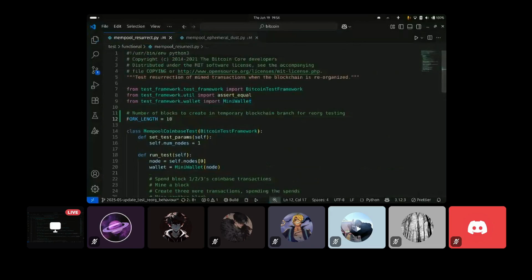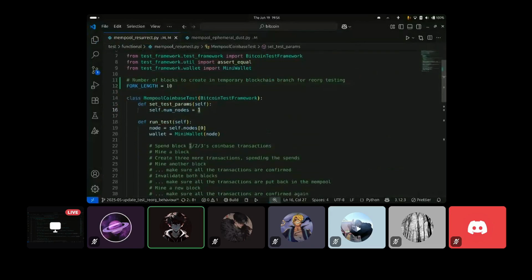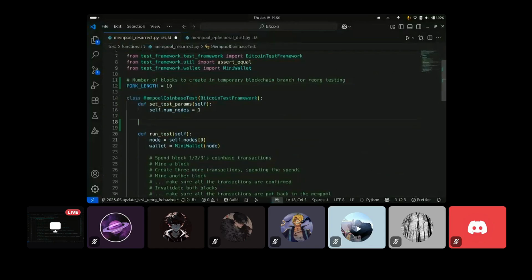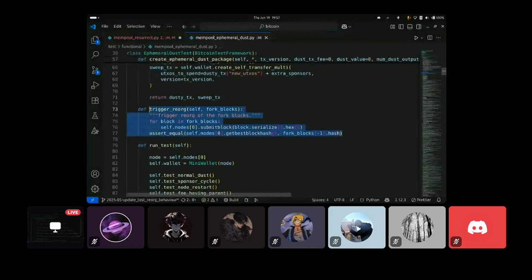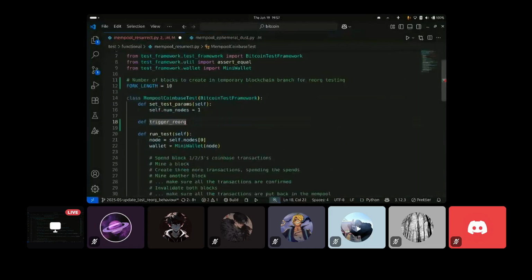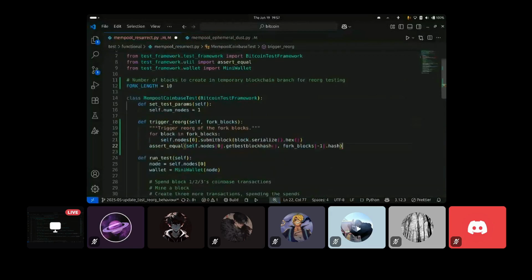and then we need a helper function. Okay, we'll just copy from here. Yeah. So this is the helper function. Okay, and